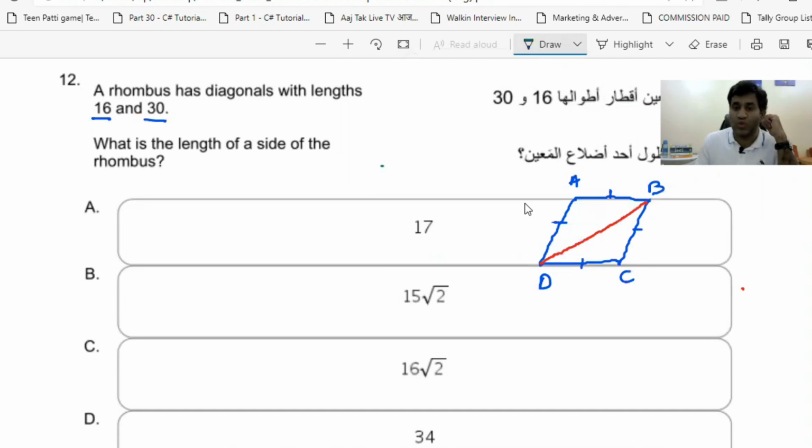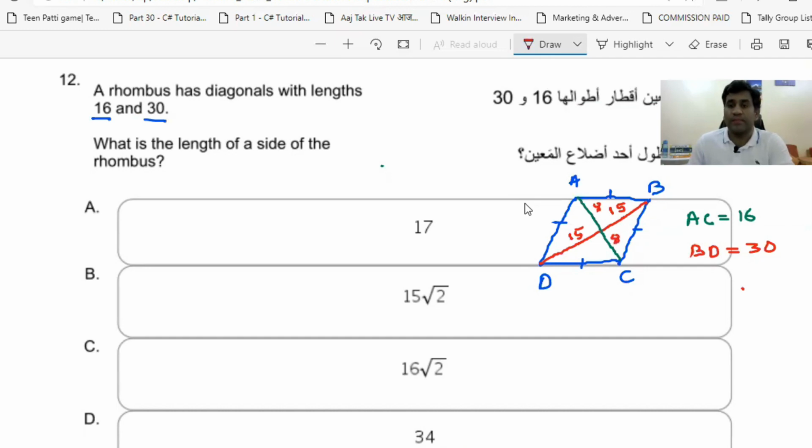So it means if again I join the point A to C, again this is called the diagonal. Then I can say the length of AC is going to be 16, and the length of BD is going to be 30. Whatever the line we have drawn, line segment BD is bisected by the line segment AC. Bisected basically means it's divided into two equal parts. The total length is 30, so this length is going to be 15, and this length is going to be 15 again. Same way, diagonal AC got bisected by the diagonal BD, and it's divided into two equal parts, that is 8, and this is 8.